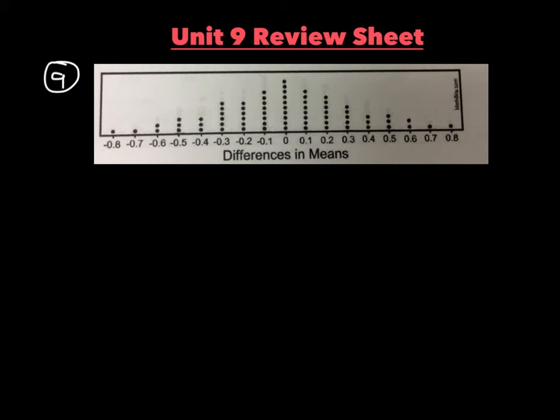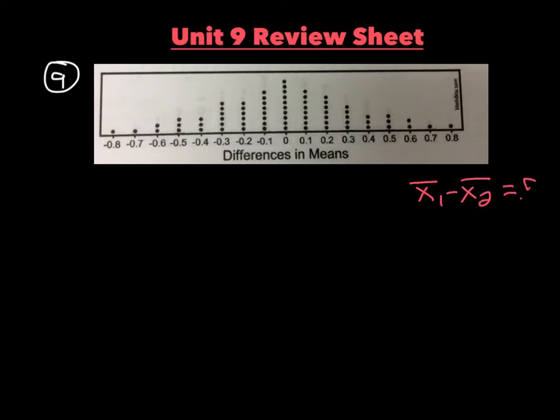In number 9, Carlos thinks he has discovered a new variation of monarch butterflies. So he collects 4 new butterflies and 4 traditional butterflies and measures their wingspan. And what happens is he finds that the difference between the means of the wingspans of his 4 new butterflies and 4 traditional butterflies was 0.5 centimeters. So the mean difference here